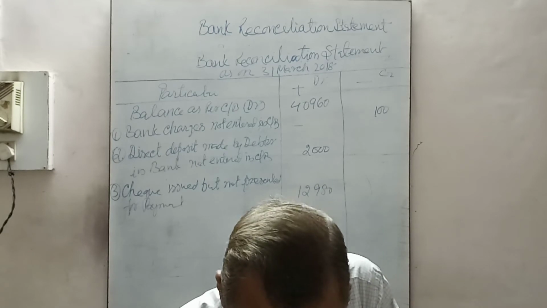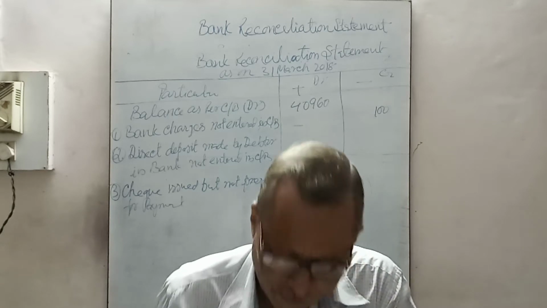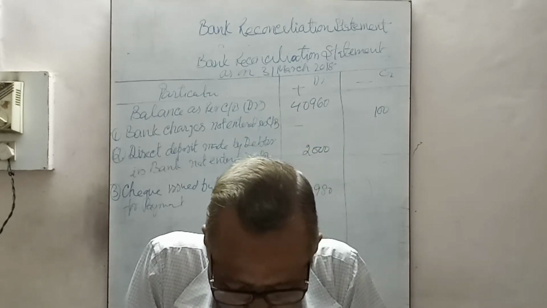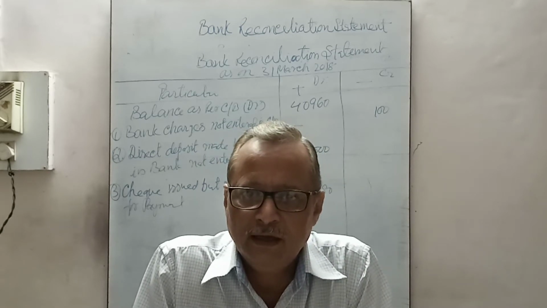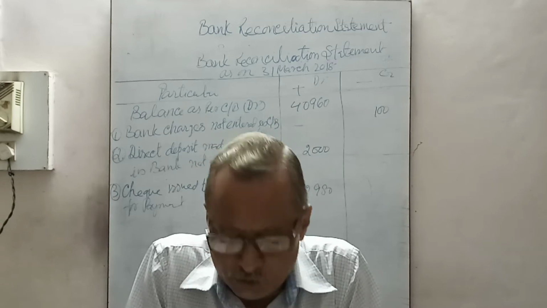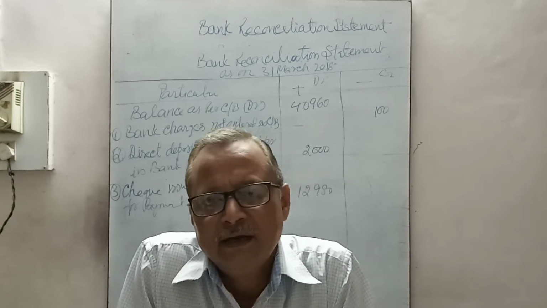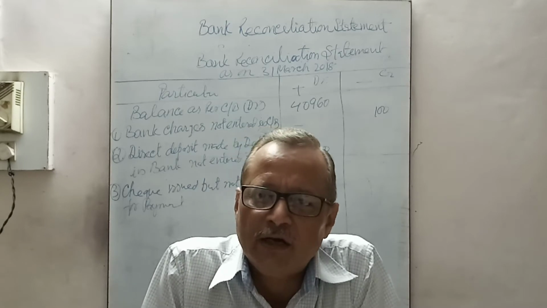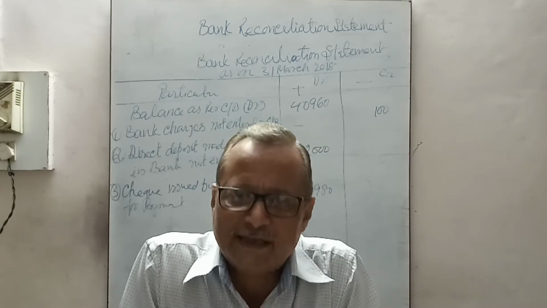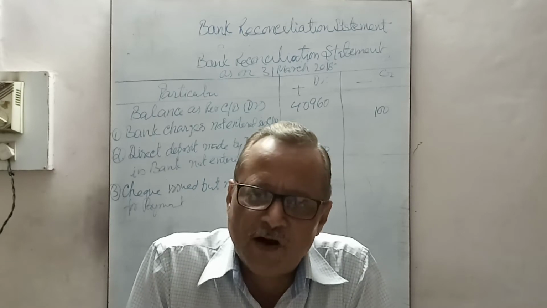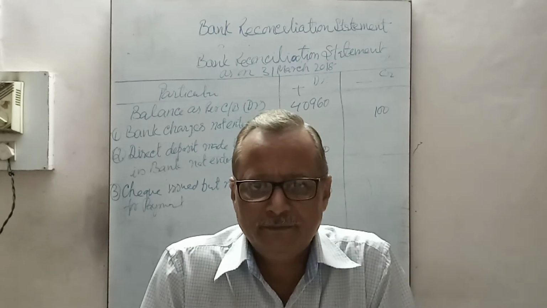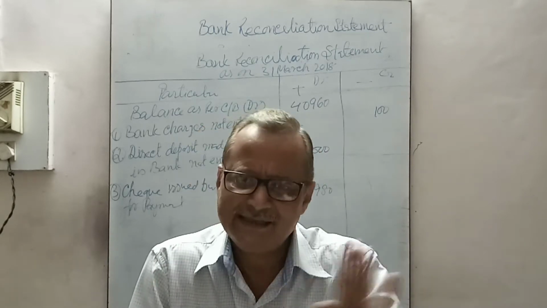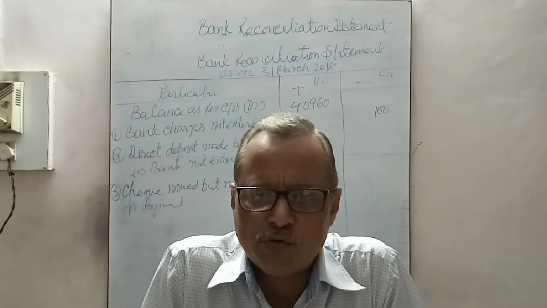bill of 6,900 discounted with the bank is entered in the cash book without recording the discount charge of rupees 800. A bill of rupees 6,900. This is the bill of exchange. The bill of exchange means Mr. Daman has drawn a bill of exchange on the debtor who accepted the bill. That is a bill receivable for Daman. And that bill receivable is discounted from the bank. The bank deducts its charge, and then the money is credited in your bank account.